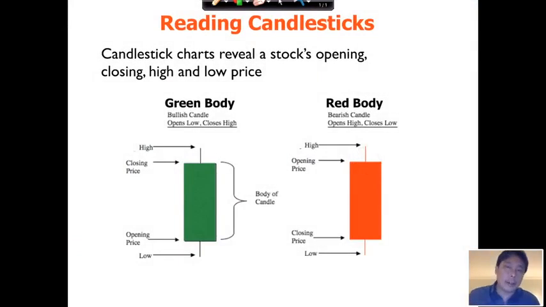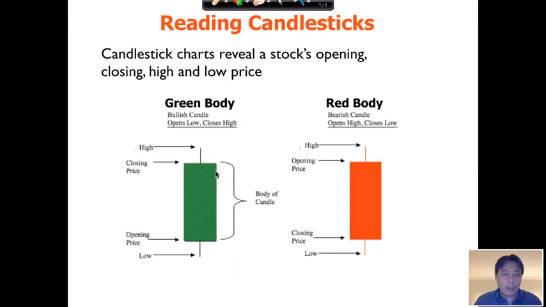So again, when you look at a chart, there are two kinds of candles. You've got the green candles and the red candles, okay? Now, whenever you see a candle that's green, it's a bullish candle, right? So what does bullish mean? Bullish means that the candle closed above the open, right? It opened at a certain price and closed above that, so it's bullish. So in that time frame of 15 minutes or hourly, the market was bullish, or it's going up, if you will, okay? So whenever you see a green candle, first thing is to look at the body, right?